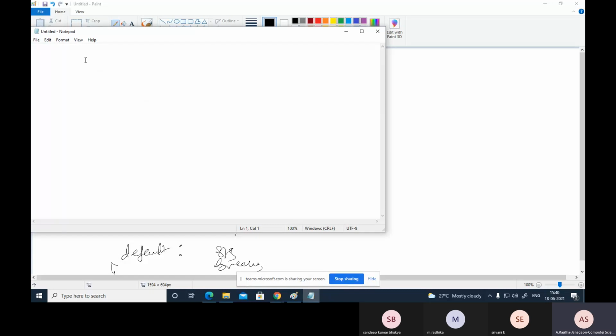We can read the numbers from the keyboard here. Now here I'm using the switch statement. My program title is the else statement.